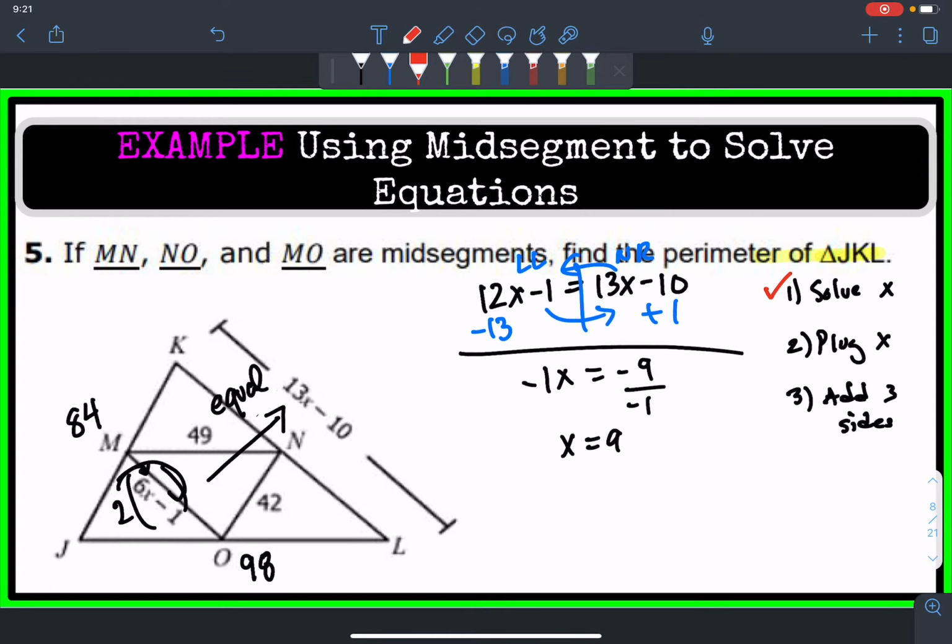We now want to plug the x into this one right here because we are interested in figuring out the length of this third side here. So plugging in 13 times 9 minus 10,